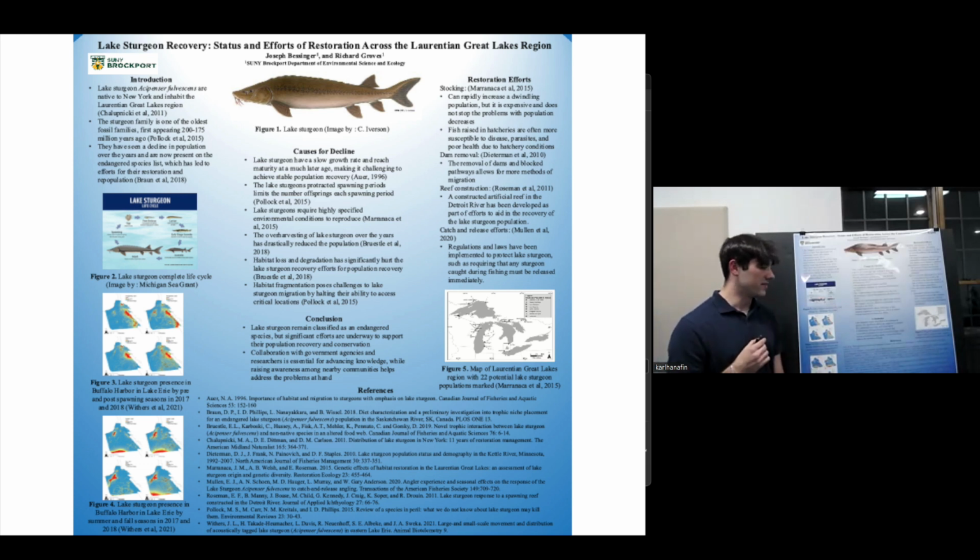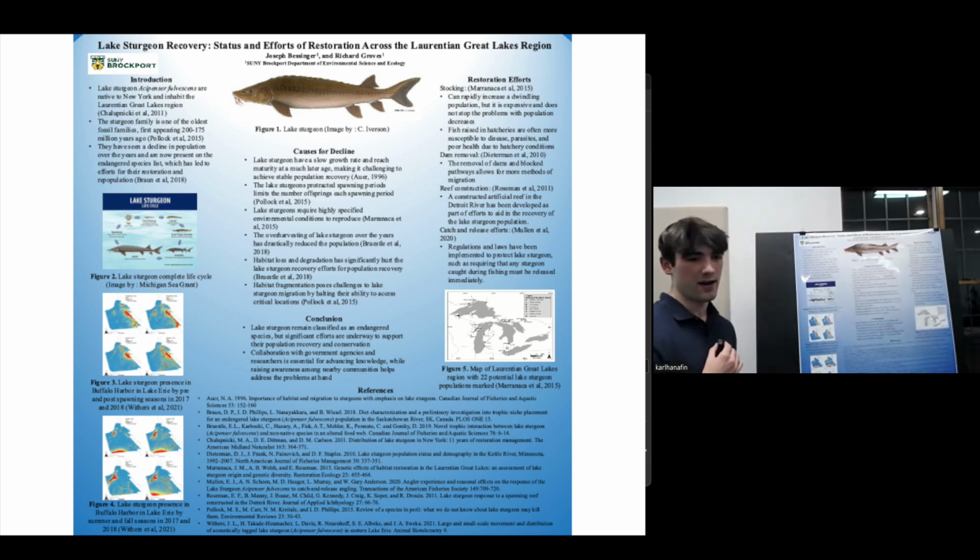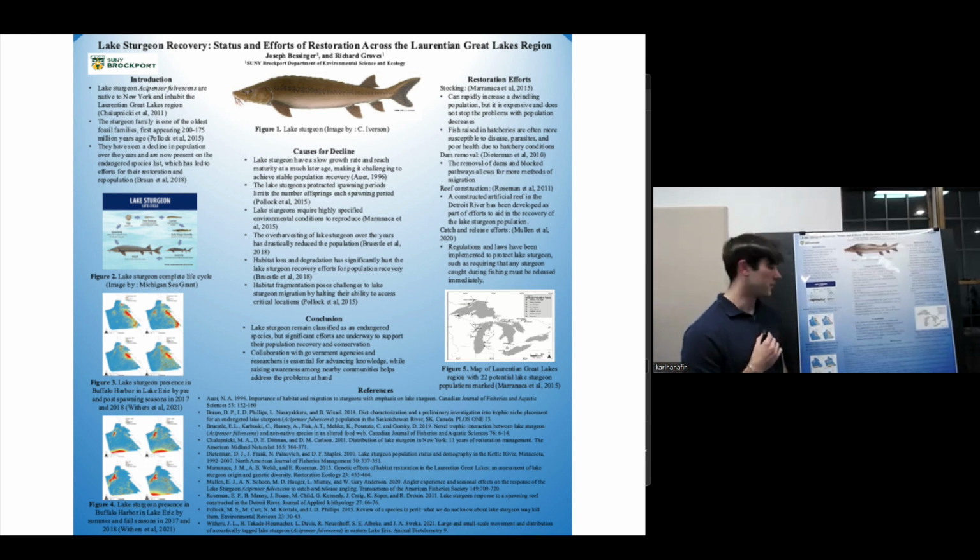Overharvesting of lake sturgeon is another big reason, as in prior years, lake sturgeon were seen as a nuisance fish. They would get stuck in the gill nets of fishermen's boats and basically break their gill net setup, and fishermen weren't too happy about that. So they would usually kill them when they caught them. And then other things, such as they would use the female caviar to eat, and there would be sturgeon soup as well that they would eat.